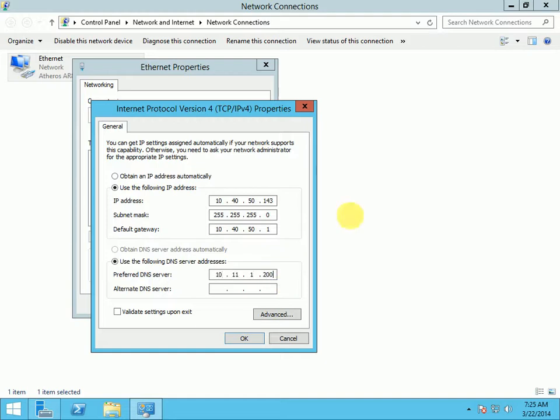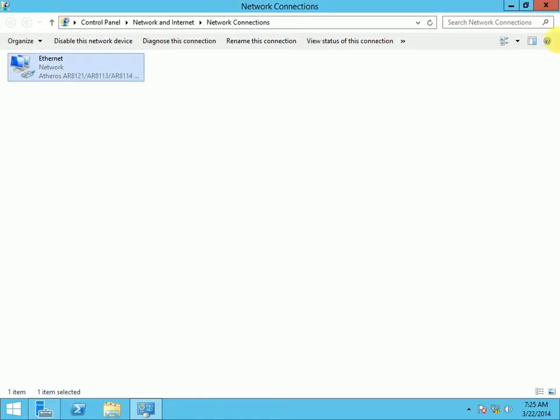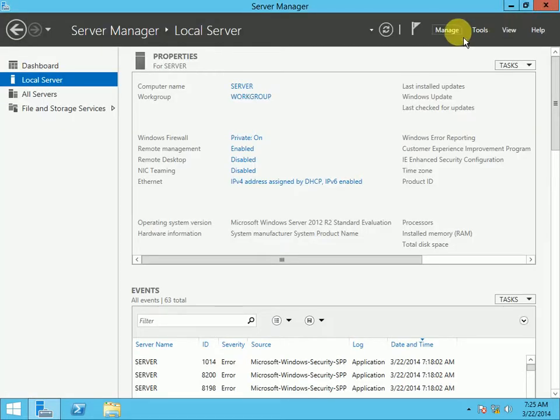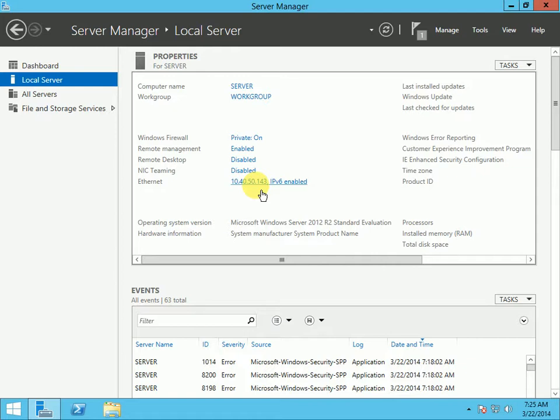So the next thing that I need to do is this one, remote desktop. Basically, if you have a server like this, you want to remotely connect to your server from a different computer. So let's say you're sitting in the other room and you want to remotely connect to the server. So at least your server will allow the remote access. By default, it's disabled, as you can see here. So you need to enable this. So click this one,